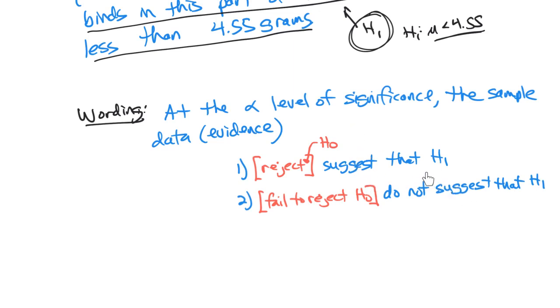I'm only doing it this way because this is the way our author does it. So when we do more examples, I'll show you that you don't have to write it in terms of H1, but the back of the book always does. So I do it too, just because it's kind of confusing if I switch these around. So I'm going to stick to this structure throughout chapter 8, and we'll all have the same structure. It makes it easier to learn, and you can answer every one of the wording questions throughout chapter 8 with null hypothesis tests. You can answer all of them just like this. You don't have to answer them like this, but this is the way our book does it, and it will